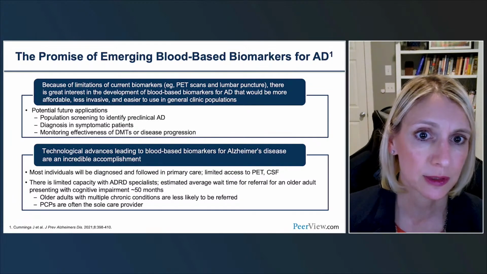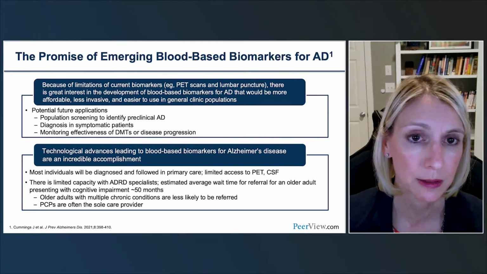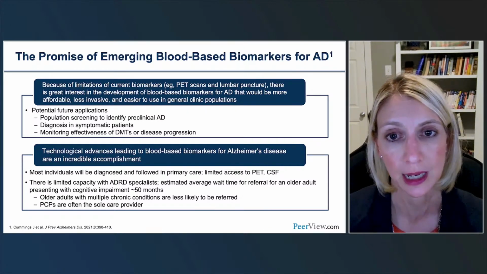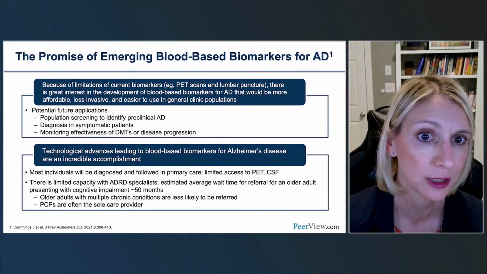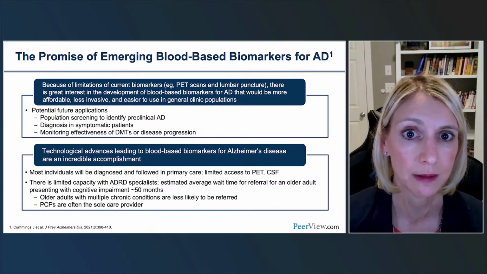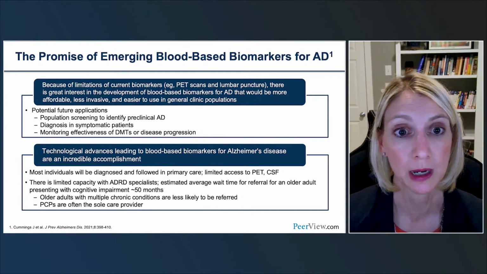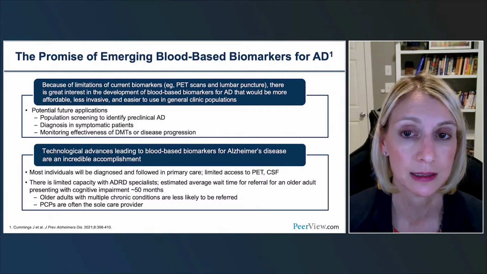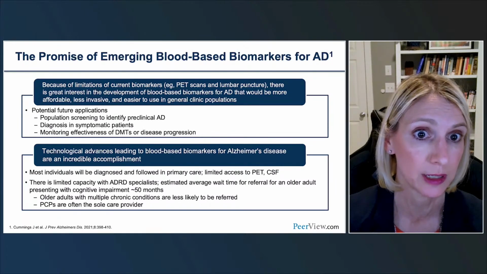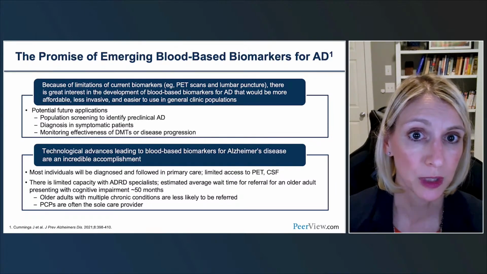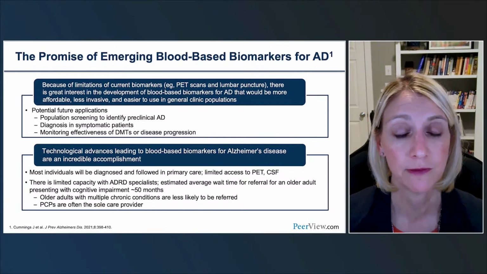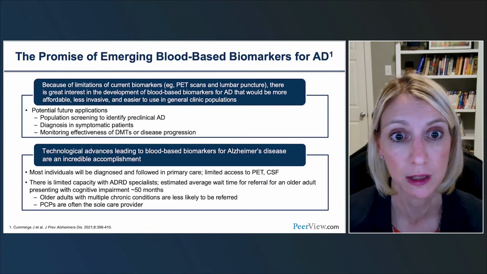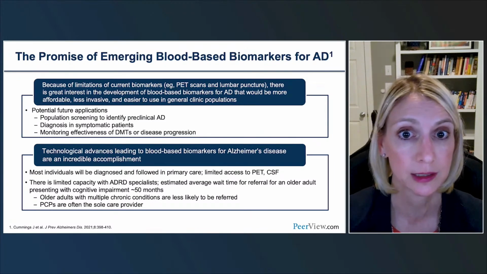And of course, as Dr. Sabbagh has nicely highlighted, there are certain limitations with current biomarkers available, such as amyloid or tau PET scans and lumbar puncture, including the invasiveness, the cost, some of which may not be reimbursable, and the feasibility of getting access to these scans as well as access to lumbar punctures. So blood-based biomarkers really provide a very promising avenue to get information on AD pathophysiology at a lower cost,